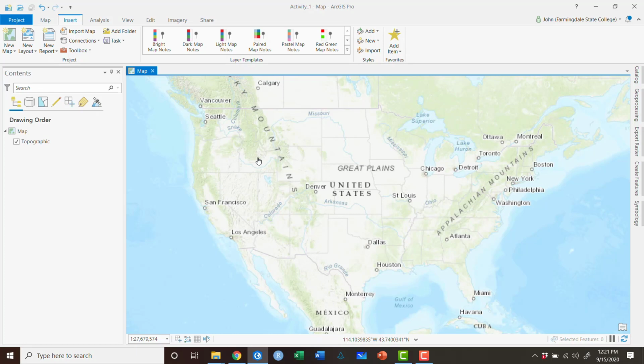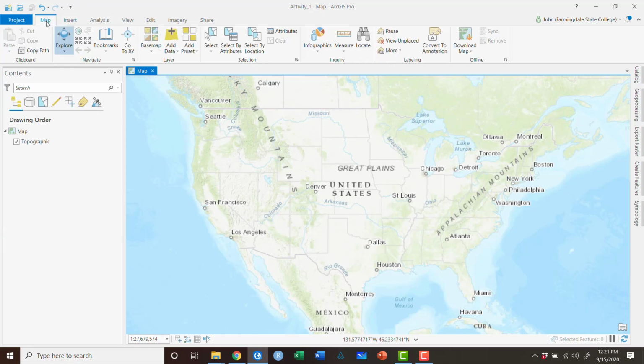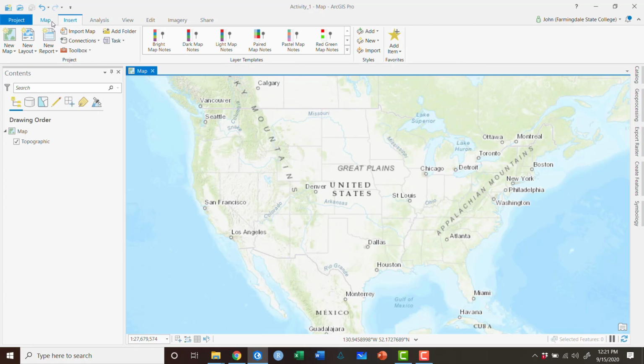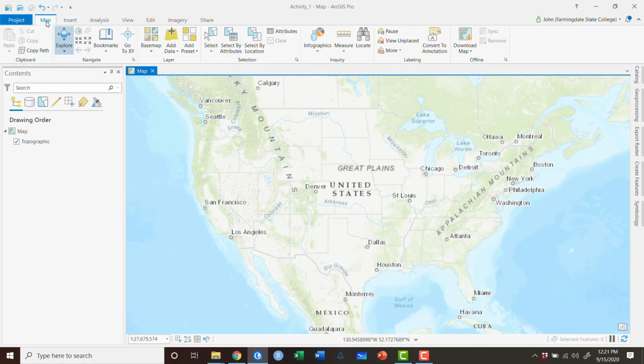So this is sort of the ground zero step for everything we will ever do in this class, getting to this point right here. Once you've done that, the next thing we're always going to want to do is start to add data so that we can start to play with imagery. We do that by going up here to the Map tab in the upper left hand corner, clicking on that, then going to where it says Add Data. You're going to want to left click on the button,